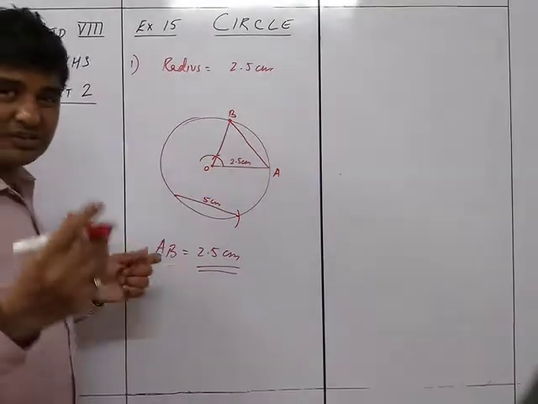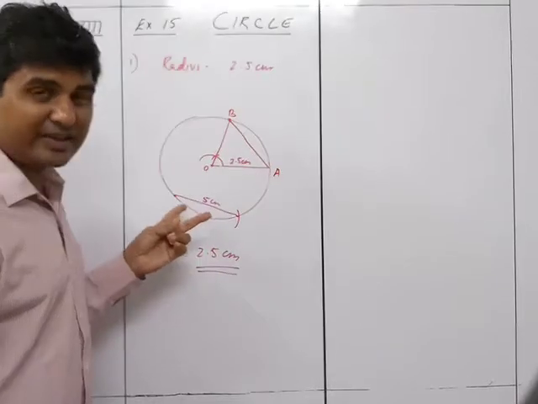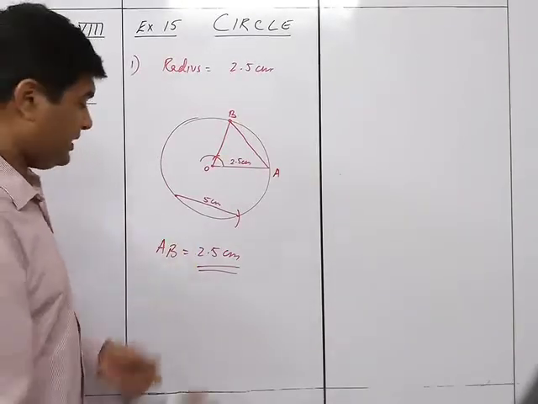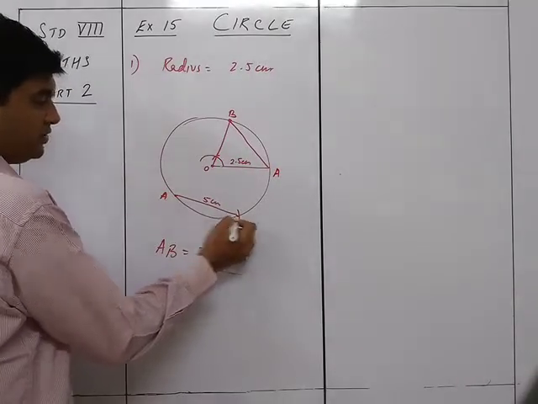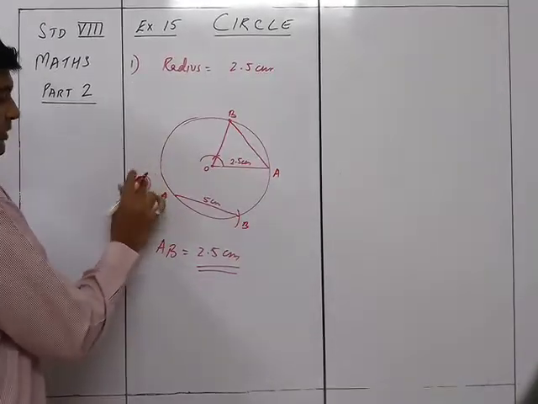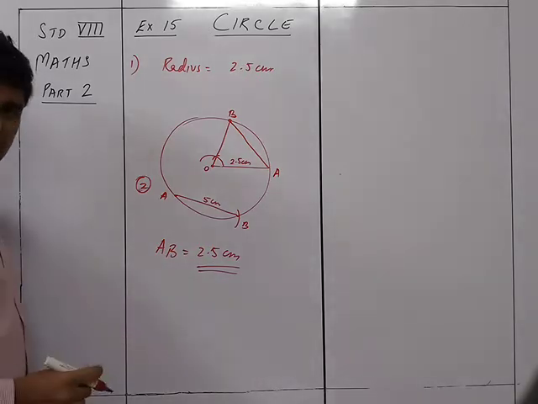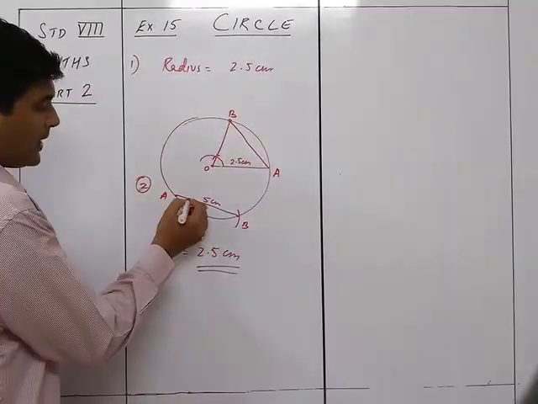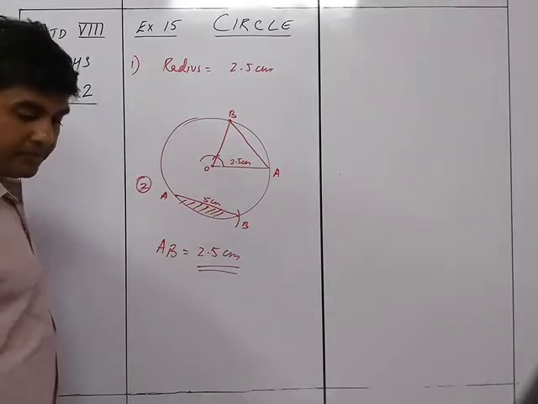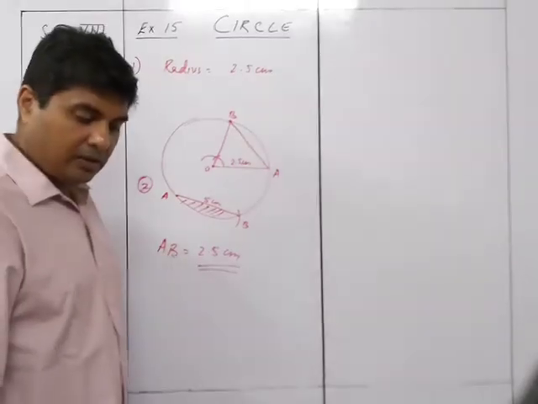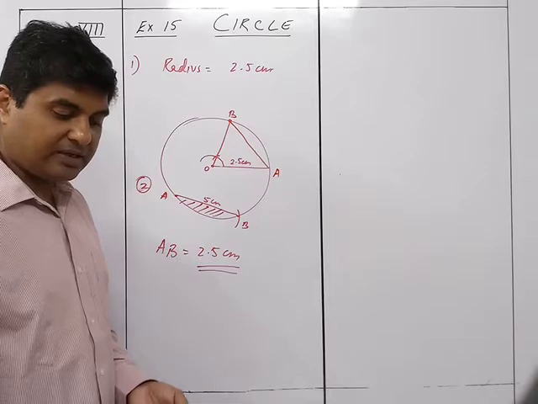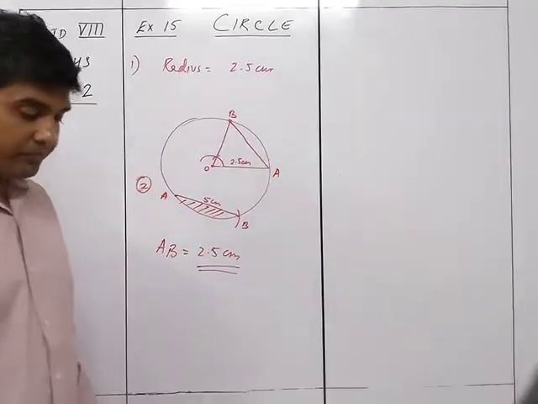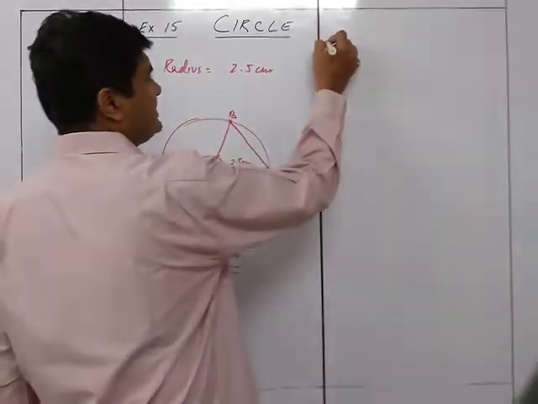So this is for the second sum, not the first sum. Here this is A and this is B. This is for question number 2. So when you are doing your homework, you know how to do it. And then this part is the minor segment. Okay, that is the minor segment. What we need to shade: they have said to shade the minor segment of the circle. So this will be the minor segment of the circle. We move on to the third sum.